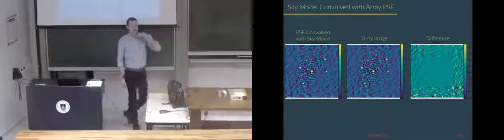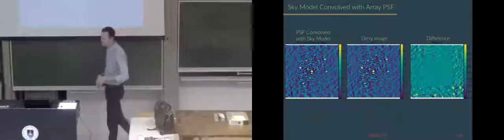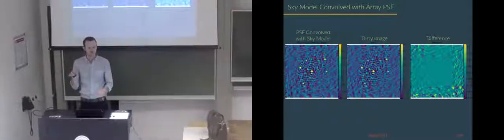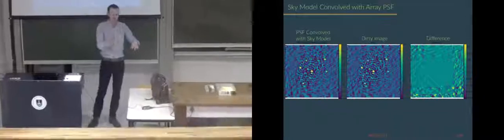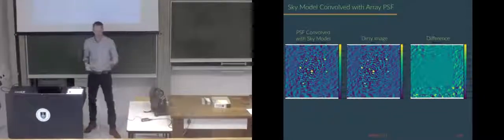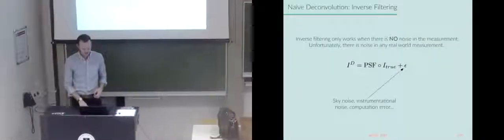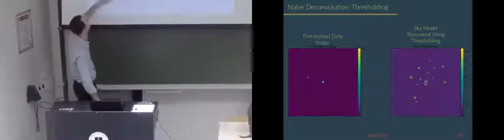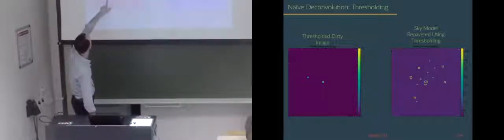So what you can do is say, well, let's just clip everything above a certain threshold. Anything above a certain signal to noise is a way to separate that signal from noise, right? You have some noise floor and then a few bright sources that poke above that noise. That's a very simple thing to do, and that's actually very reasonable. So if you put some threshold on that dirty image, you produce an image like this, which is actually not too bad, right?